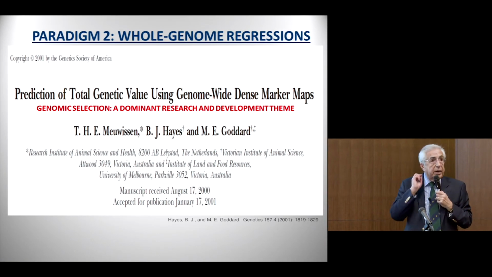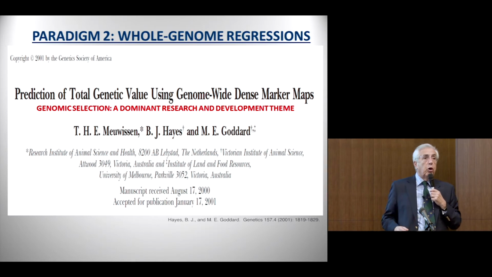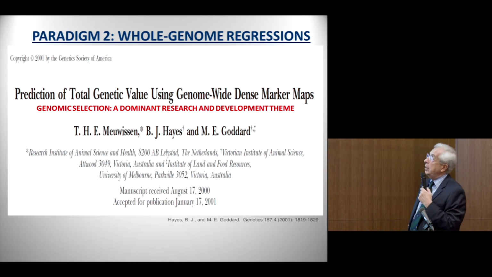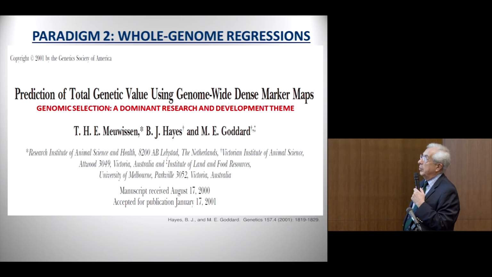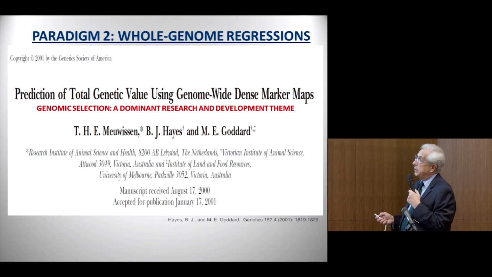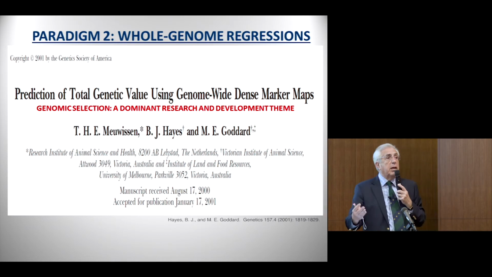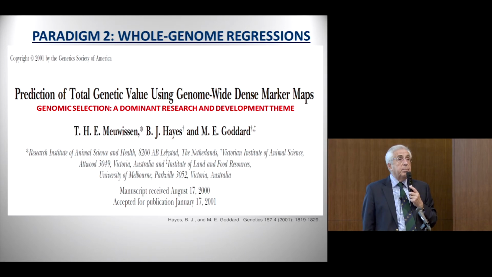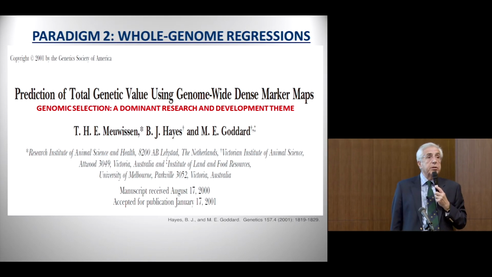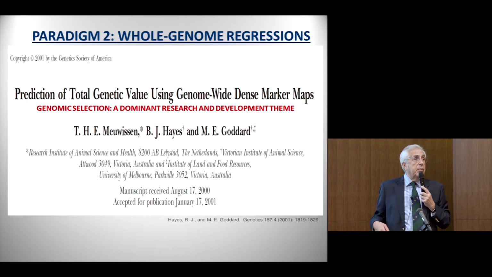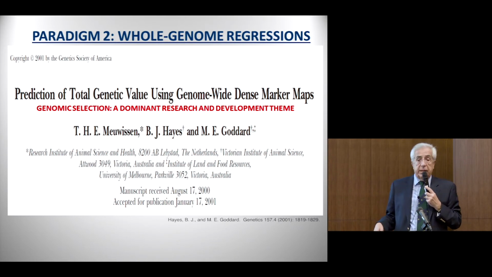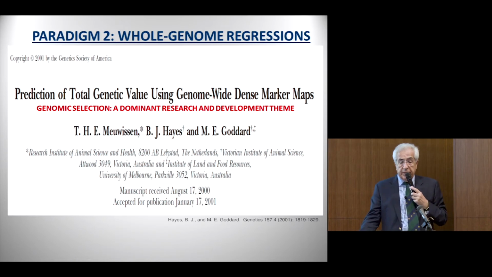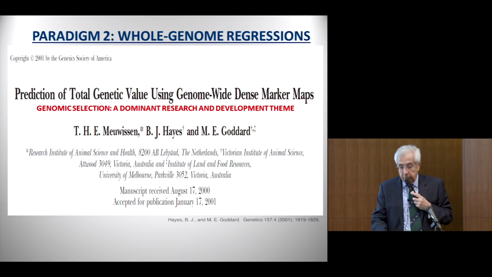So there is a second paradigm that has become very dominant in animal and plant breeding, that is called whole genome regressions. The paper was published in 2001, and the idea is, instead of looking at marker by marker in the model, like trying to find QTLs, just use all the available variants that you have and put them all together in a model, and then use methods to temper this problem that is called P larger than N. There are methods to avoid overfitting and to convert these methods into good prediction machines.